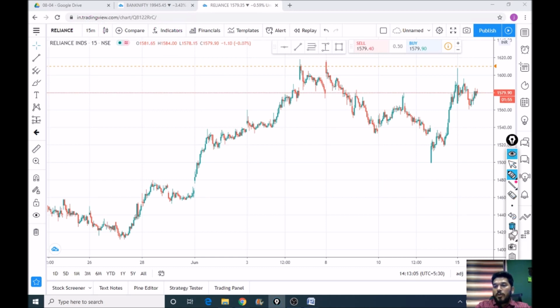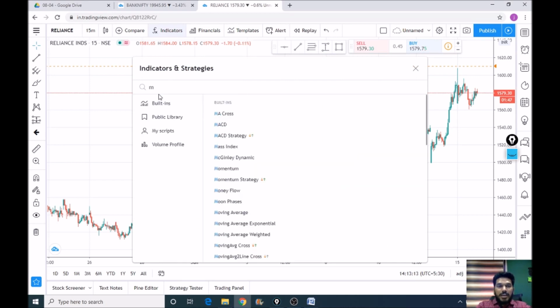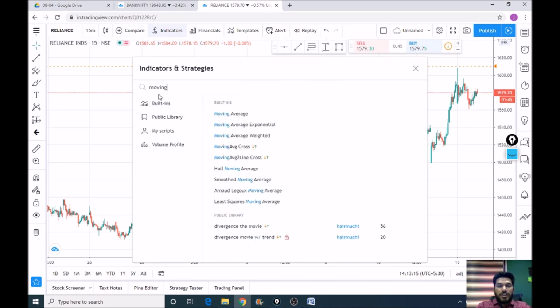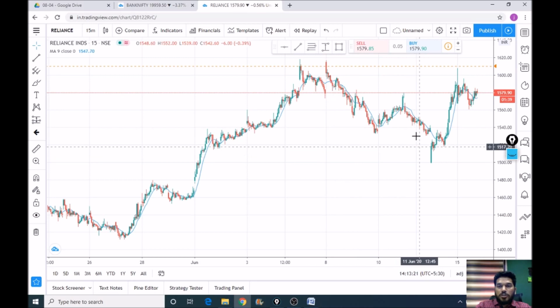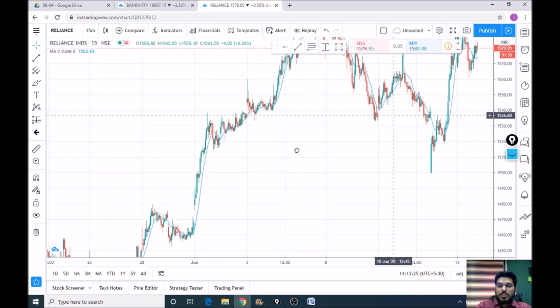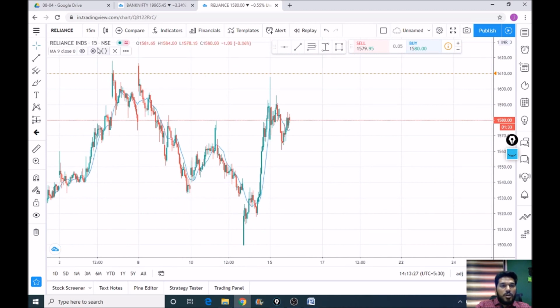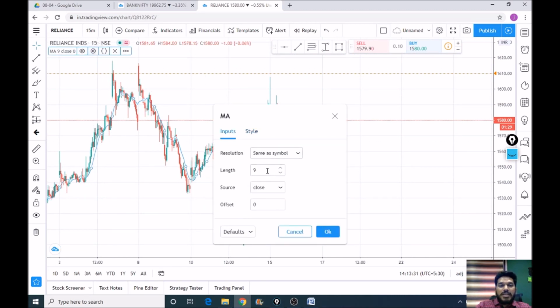Now let us assume that you want to use moving average. Okay, then just click on the indicator column and type moving average, and you will get moving average on your chart. The blue line on your candlesticks is called moving average. Okay, now you may be aware that I use 20-day moving average for intraday trading.